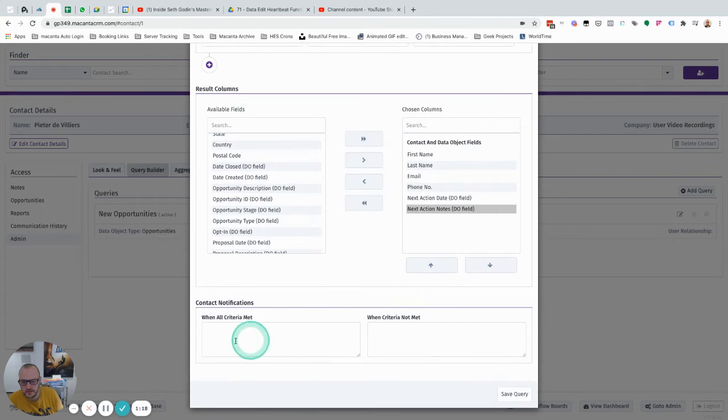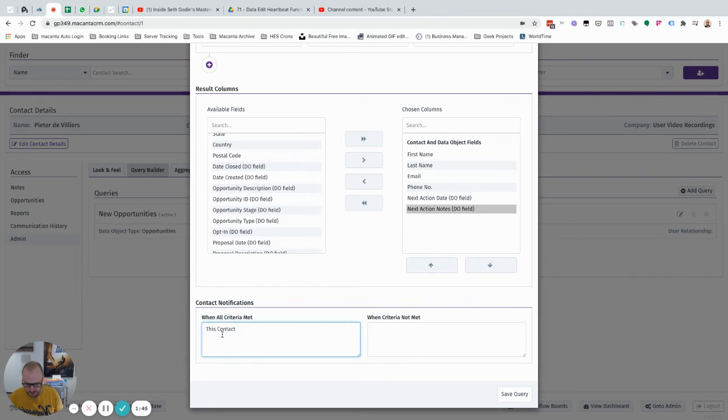But then I have the option here to say what message should be shown in the highlight when they do meet the criteria and what should be shown when they don't. Now, I'm not going to put anything in don't, because that means for 7 out of the 8 or whatever stages we have, there will be an alert. And like all alerts, if you see them everywhere, you stop seeing them. So I'm just going to say if they have, then I'll say this